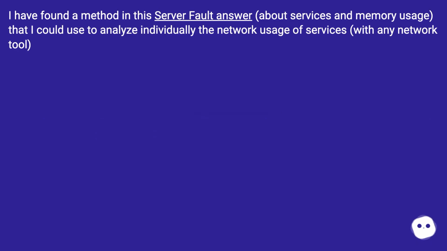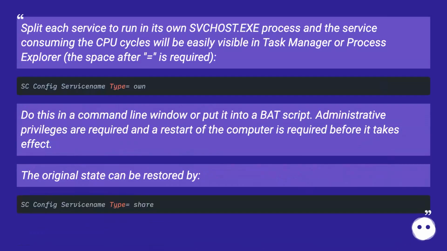I have found a method in this Server Fault answer about services and memory usage that I could use to analyze individually the network usage of services with any network tool. Split each service to run in its own Svchost.exe process, and the service consuming the CPU cycles will be easily visible in Task Manager or Process Explorer. The space after == is required. Do this in a command line window or put it into a bat script. Administrative privileges are required, and a restart of the computer is required before it takes effect. The original state can be restored by